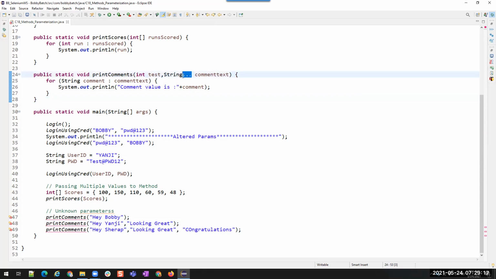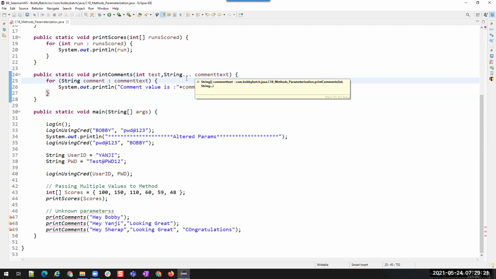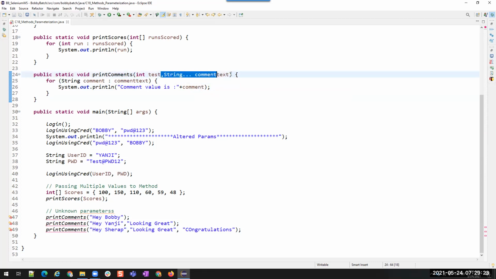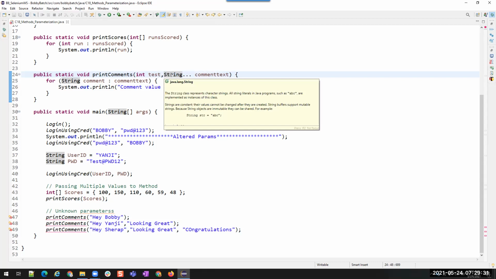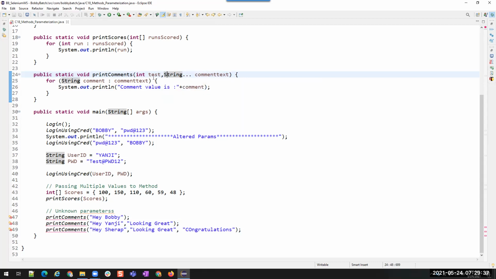Always this dot dot dot parameter should be the last parameter. After this parameter, you cannot add any other parameters. You can only add parameters before this. Is that clear?